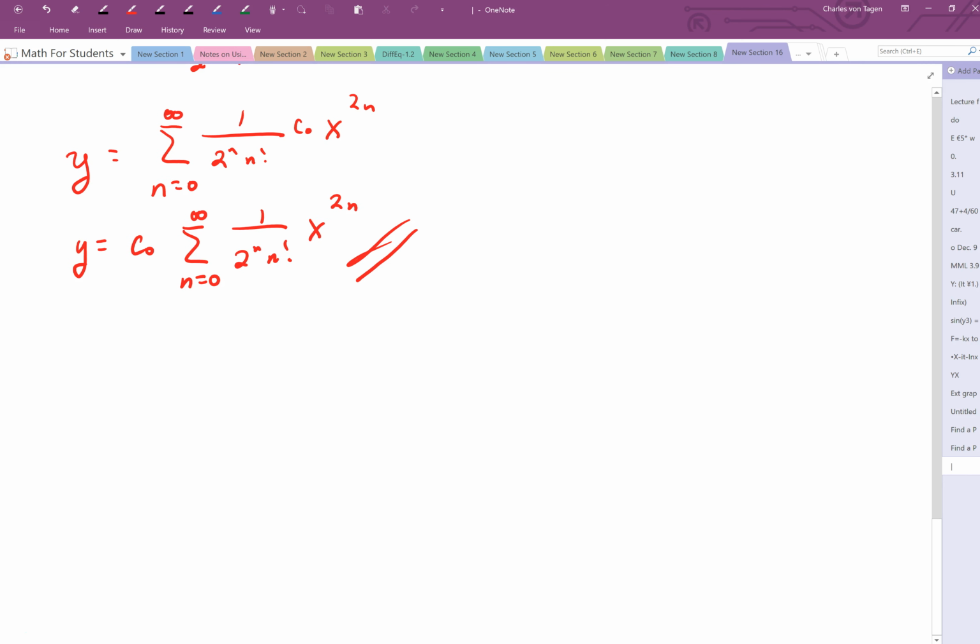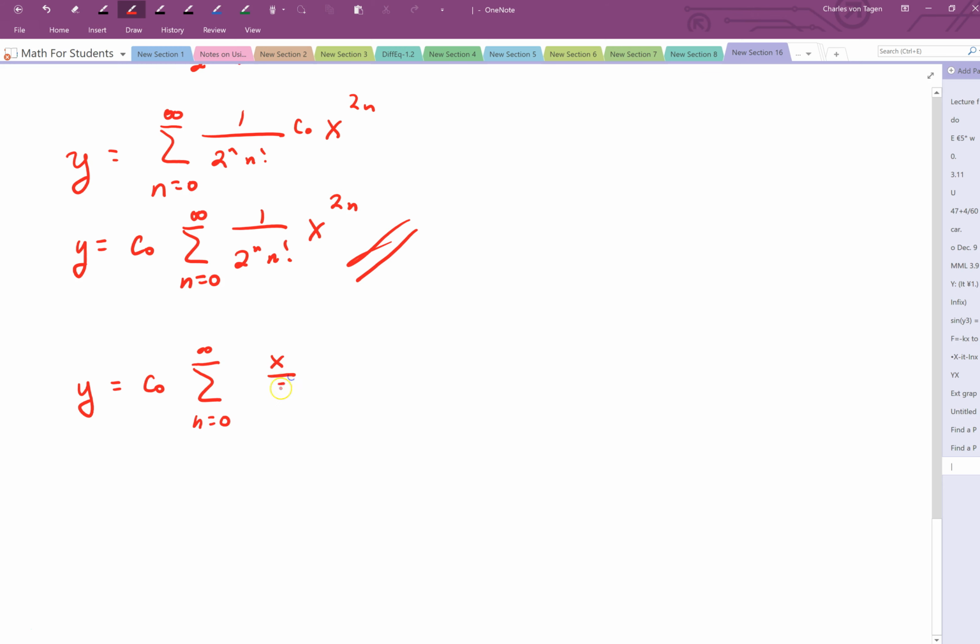By the way, I don't think the question asked this, but it could have asked, where is this series good for? Where does it converge to? And we'll talk about that question next time, but you could go ahead and do the ratio test on this one, and we would find that it converges on a radius of infinity. So it's a very good solution to this differential equation. So that's where I'd park it there to answer the question, but let me just make note of one more thing. If I did some more rearranging, and in this case I don't think it's too much of a leap to notice this, I could write this as